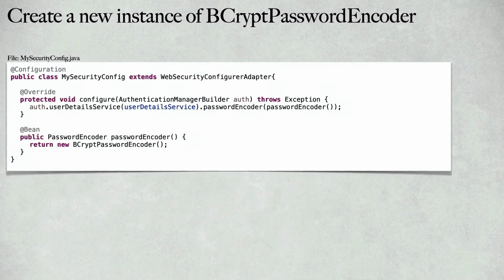In order to encrypt the password, we're going to use one of the classes provided by Spring Security, which is the BCryptPasswordEncoder. Inside the mySecurityConfig class, we're going to create an instance of the BCryptPasswordEncoder. Earlier, we used to return the instance of the NoOpPasswordEncoder. Now we're going to replace that with the BCryptPasswordEncoder. This will help us to encode the password.